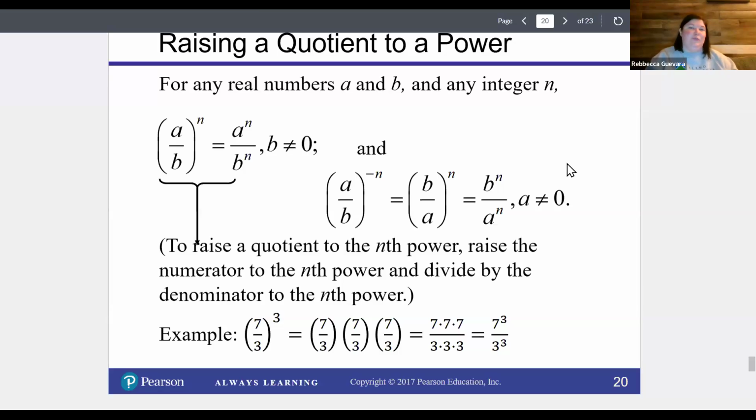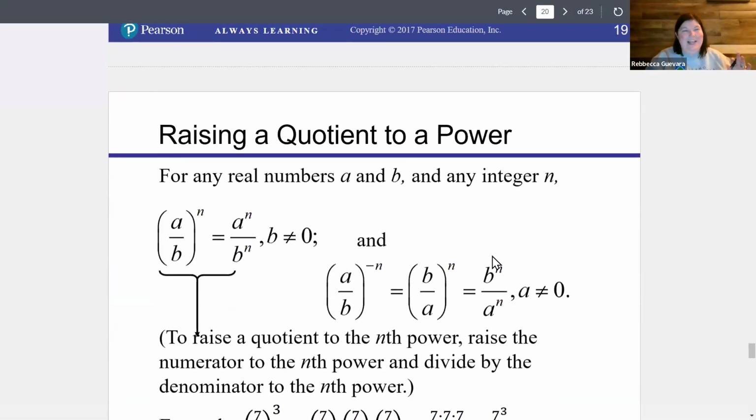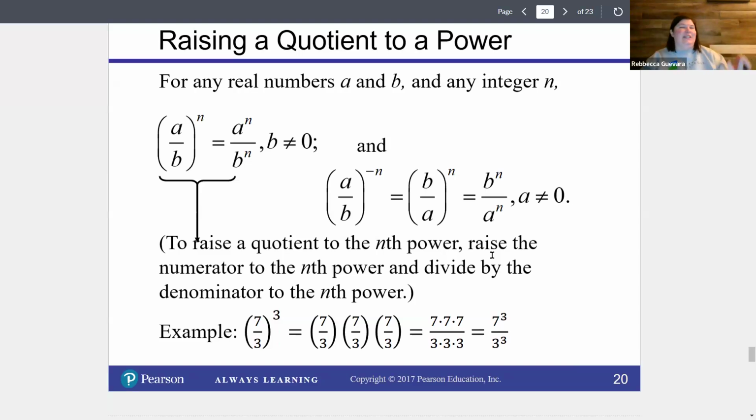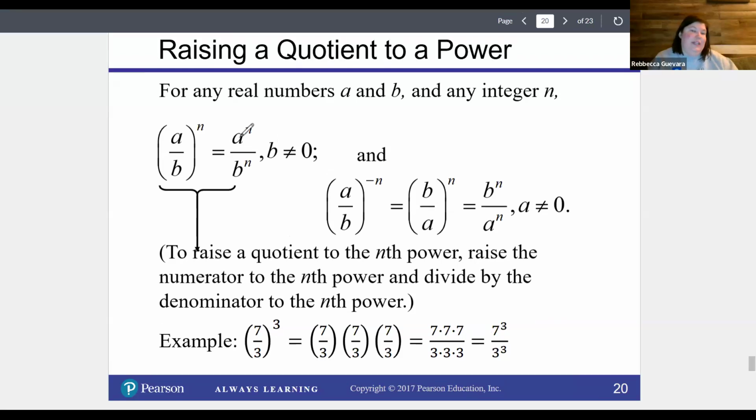Okay, our very last rule is going to be raising a quotient to a power. So once again, it's going to be very similar to what we did before. For any real numbers a and b and any integer n, a over b to the power of n is just going to be a to the n over b to the n. However, if we raise it to a power of negative n, we can still use this rule, but